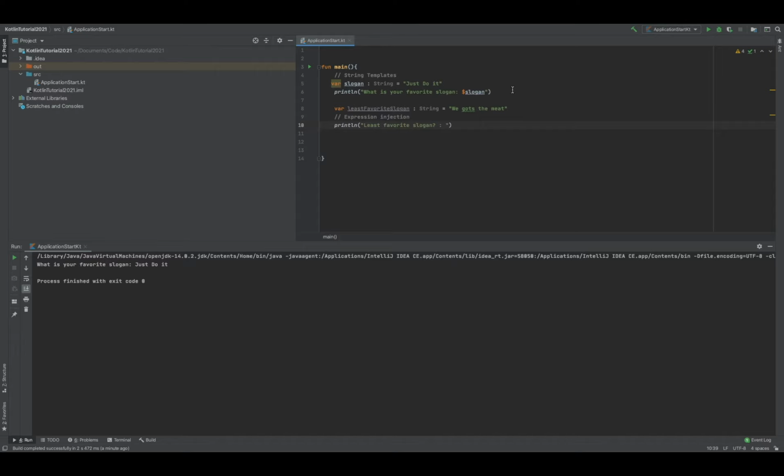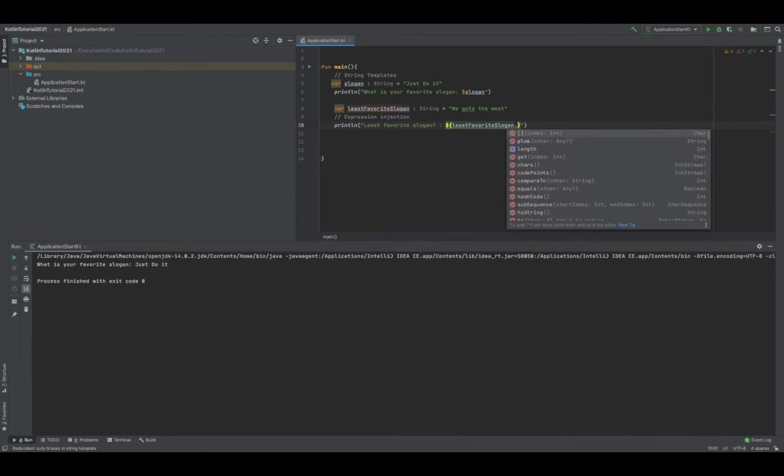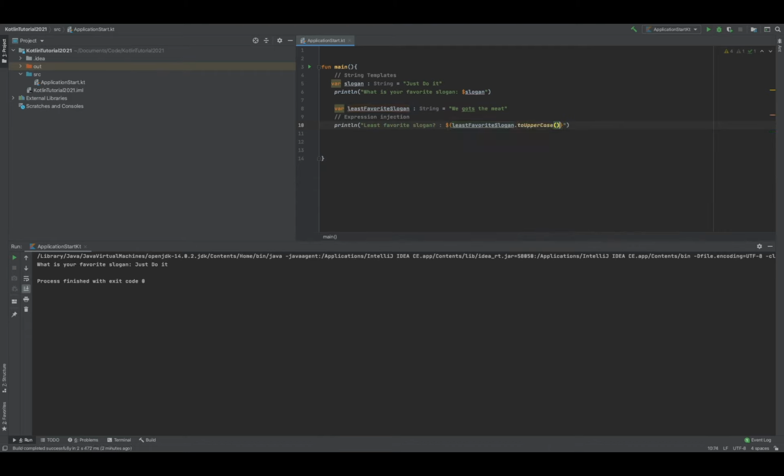All right. So right now we have this slogan called "We got the meats," but I want it to be uppercase, just to add emphasis. So I'm going to use a $, and I'm going to put open and close brackets because we want to let Kotlin know that we're going to use an expression, not just a regular variable. I'm going to put the name of the variable, which is least favorite slogan, and I want to use a method that will uppercase this slogan. So I'm going to put a dot, and then toUpperCase, and this will let Kotlin know that I want the value within this variable to be uppercase, as the name implies. And if I run that,